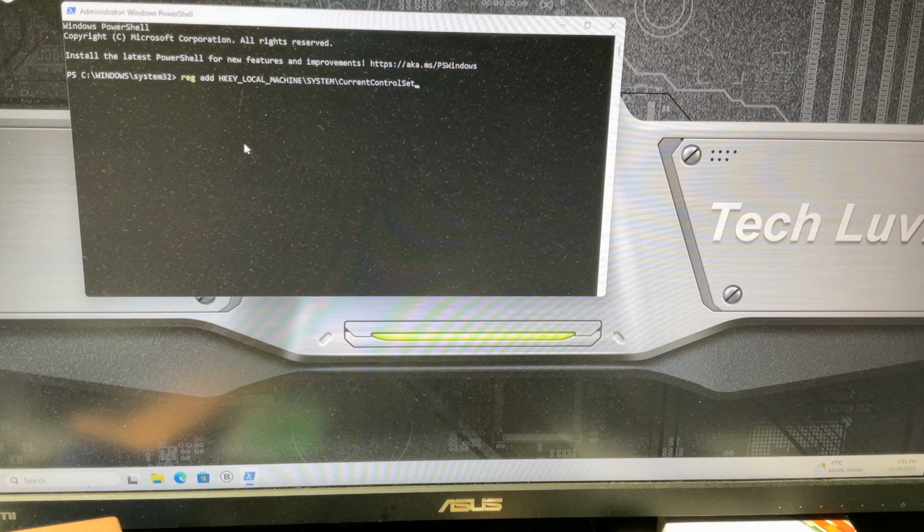So far we've got: reg add HKEY_LOCAL_MACHINE\SYSTEM\CurrentControlSet\Policies\Microsoft\FeatureManagement\Overrides